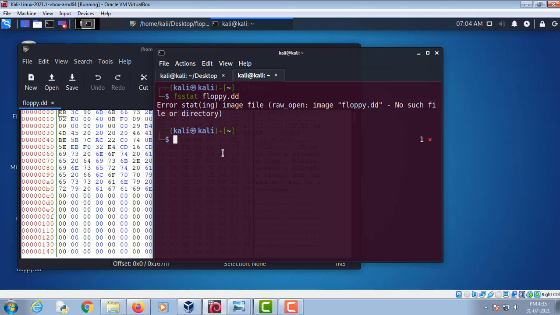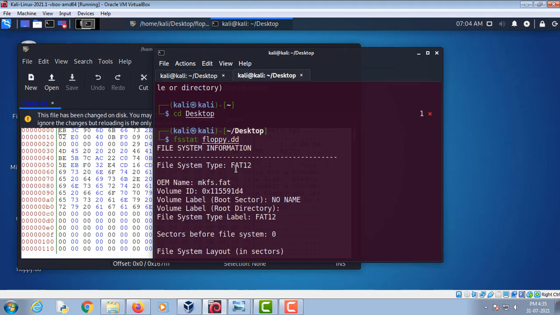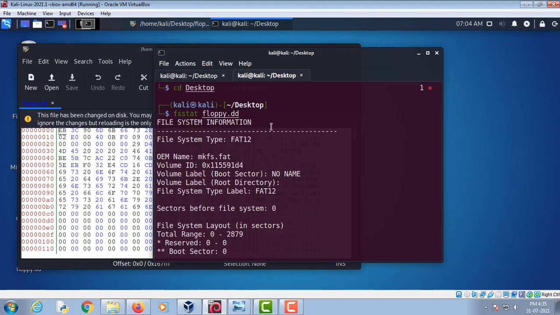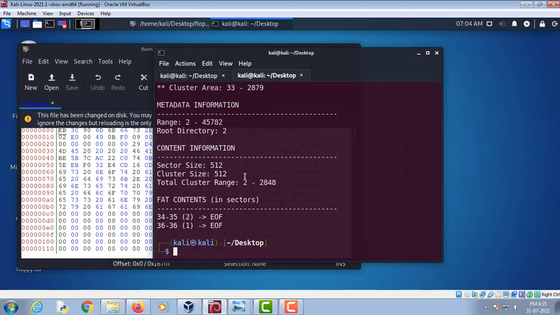Okay, let's go to the desktop. So now we got this information from this fsstat command. The file system type is FAT12 and there is a number of useful information.